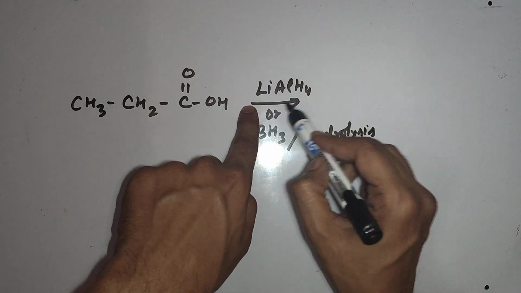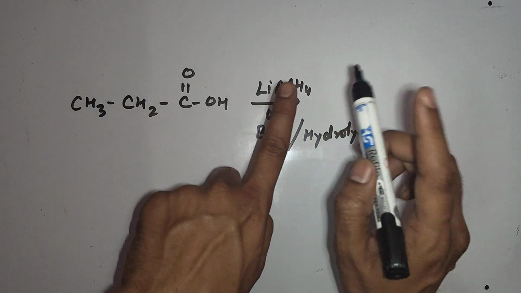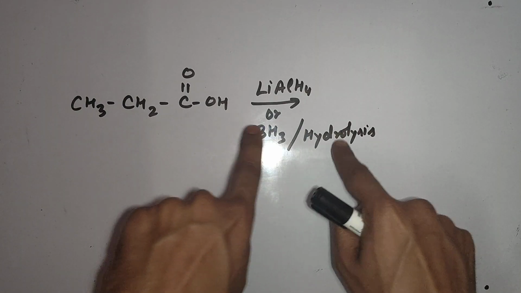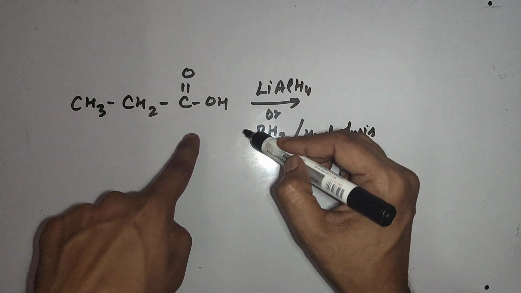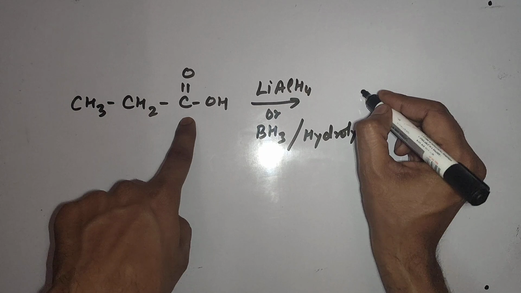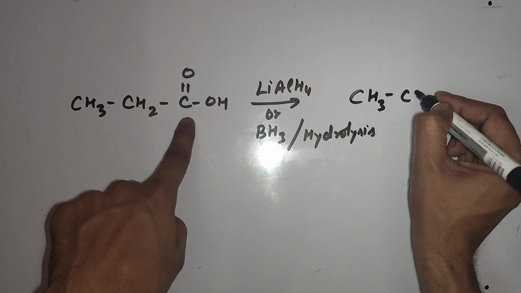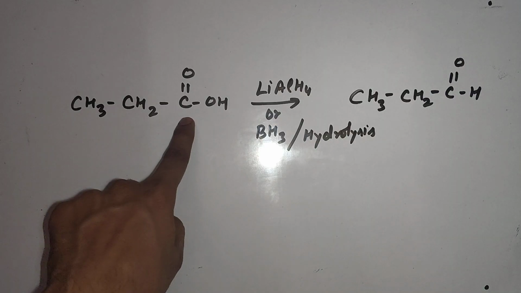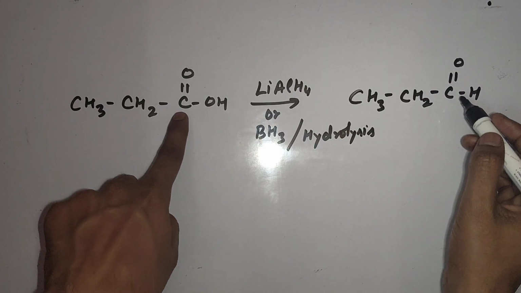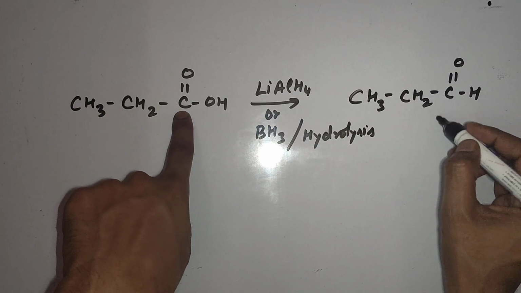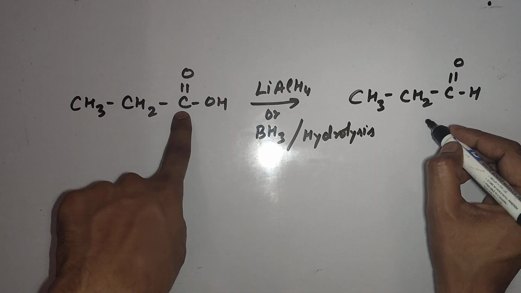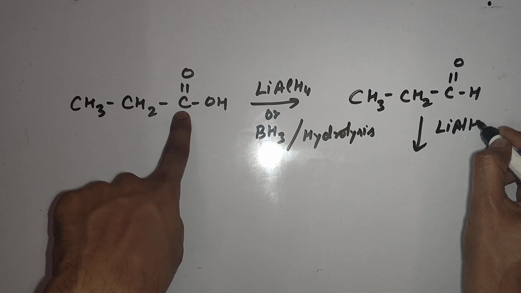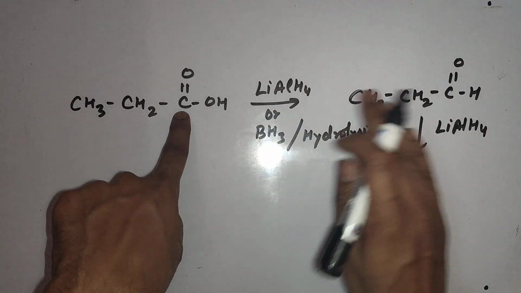After using lithium aluminium hydride or BH3, the second process you need to apply to produce alcohol is hydrolysis. So this is the condition of reduction, obviously. Directly, on the first reduction it will give me an aldehyde. This carbon will get reduced, propane-1-al, and again the second time reduction, lithium aluminium hydride, the same reducing agent, will bring this whole reduction